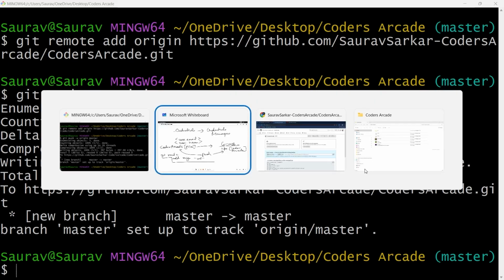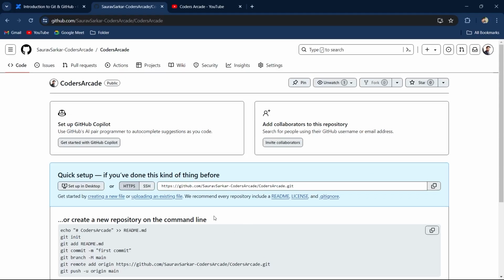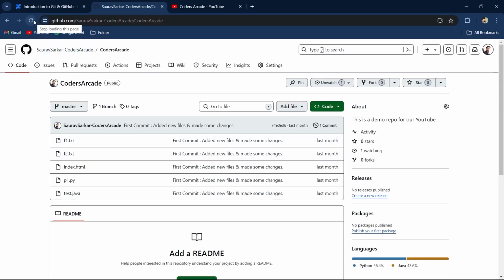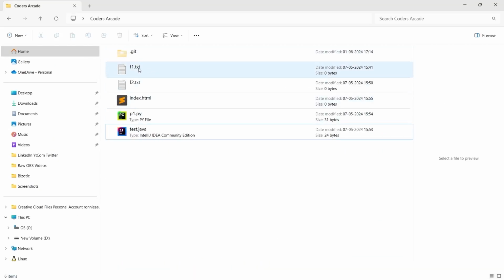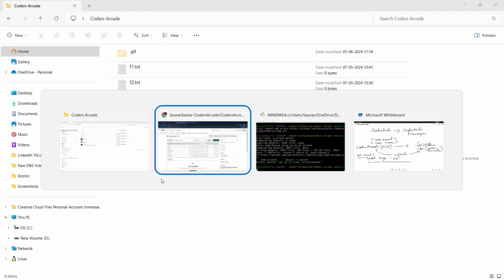Let's check here. Till now you can see it is empty. Now, but if I refresh now, wow guys, you can see here f1.txt, f2.txt, index.html, p1.py and test.java. Whatever folder files that we had here, see f1, f2, index, p1, test, all of this have been actually pushed